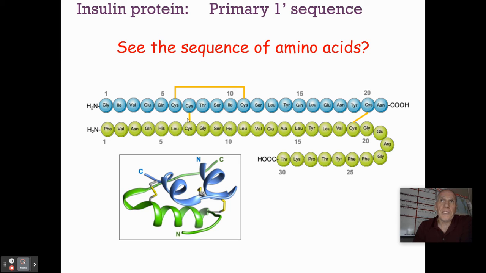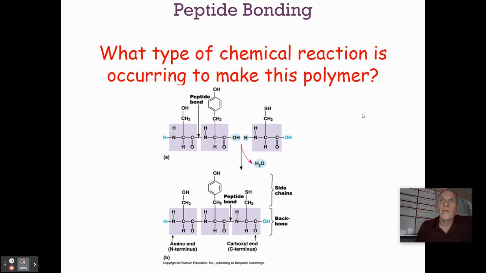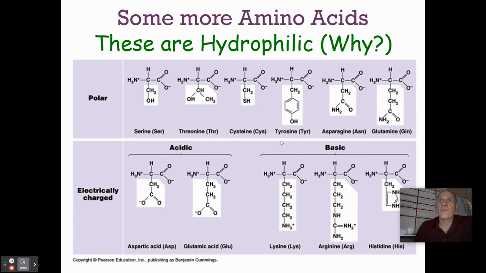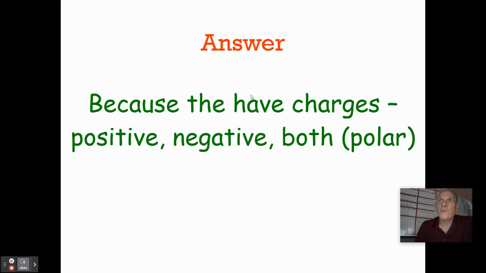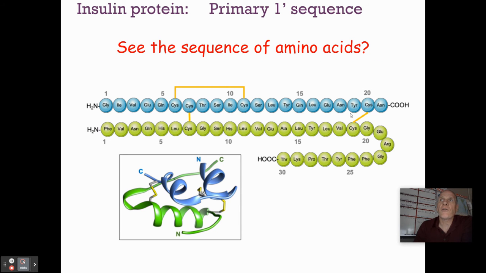Okay, what we see here with these two cysteines: cysteine is one of the only amino acids that has sulfur in it. And when you have two cysteines next to each other, those two sulfurs in their variable R group, and let's look at that, here's cysteine right here, and there's that sulfur, those two sulfurs are going to interact with each other and form a covalent bond called a disulfide bridge.